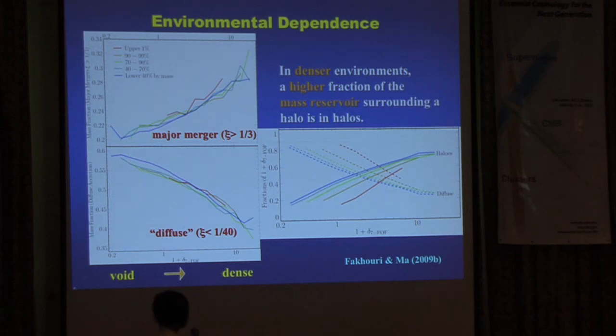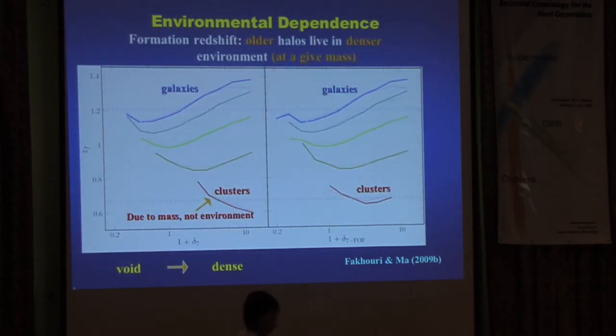So presumably, not all of this stuff is falling onto the central halo very rapidly, but this is the reservoir for the growth of halos. So the same trend carries over to the surrounding material. Now I just want to show you our final result for the formation redshift.